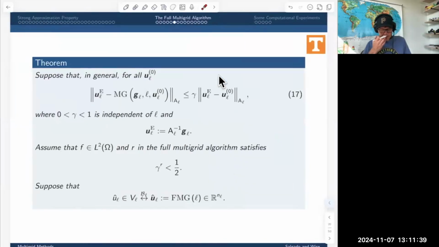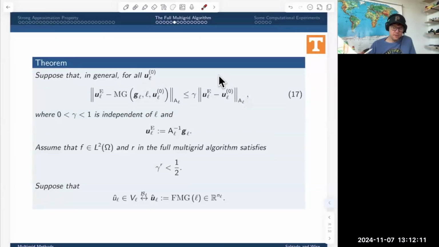So now what we want to show is that the output of this full multigrid algorithm is very, very close to the true solution that we're looking for, or at least the finite element solution that we're looking for. So here's the theorem. Suppose that in general, we're given an initial approximation for our multigrid operator at any level L,